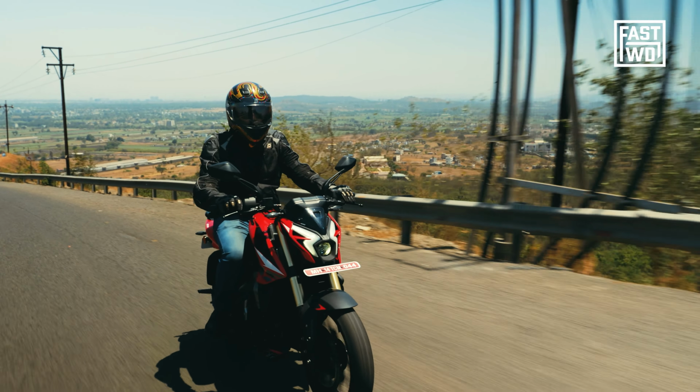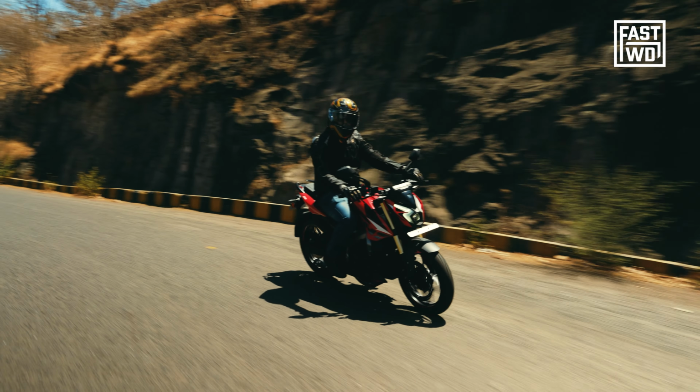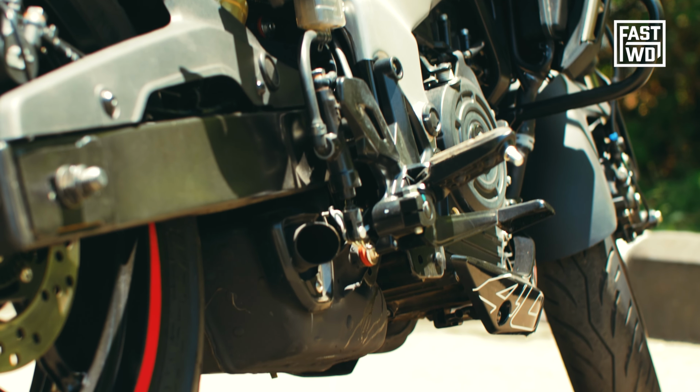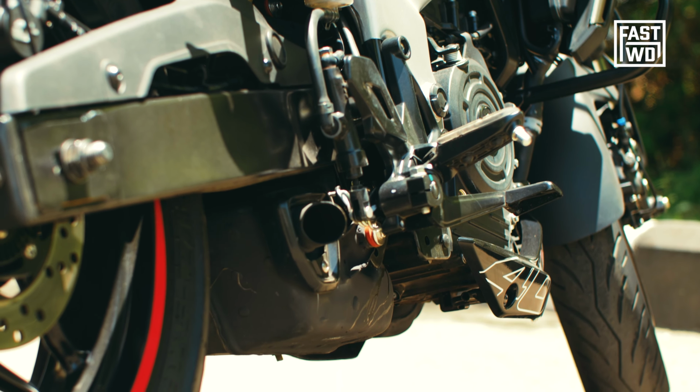There are also a few buzzes here and there on the handlebars and the foot pegs, but nothing too glaring and off-putting. On the other hand, the rider has a fairly upright riding position thanks to the streetfighter handlebar, the 807mm of seat height and the slightly backset foot pegs, offering a balance between a sporty and street-friendly riding position. This works well for day-to-day riding as the motorcycle feels agile and flickable despite having a curb weight of 174